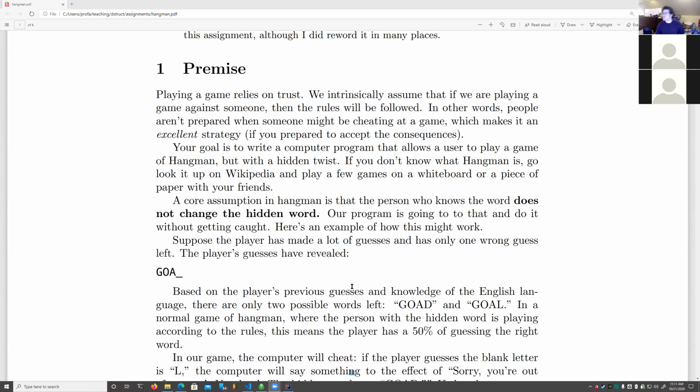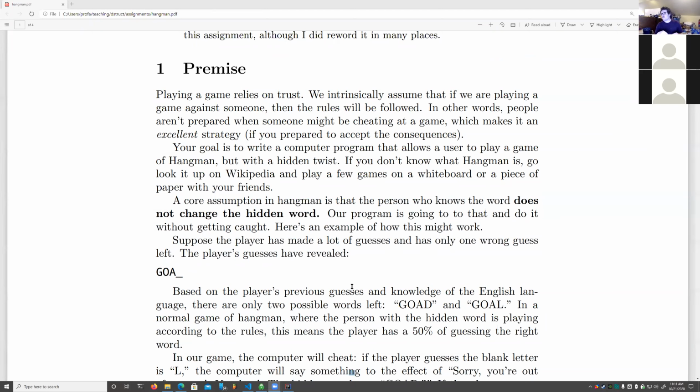Based off the previous guesses, we haven't guessed D or L yet, but maybe we've guessed T because we thought it was goat, but we got to know. And based on your knowledge of the English language, there's only two things left, goat and